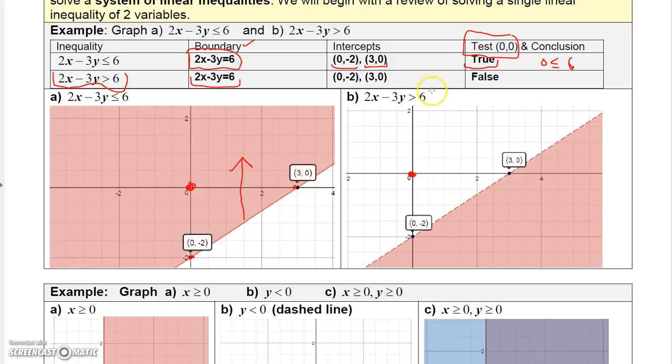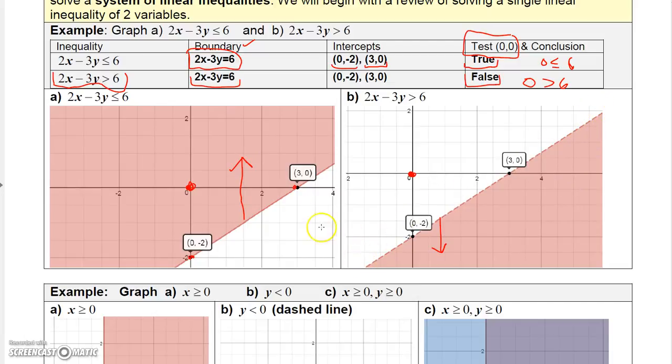But when I plug 0, 0 into this one, it'll actually give me 0 is greater than 6, which of course is false. So since I got a false statement, that means you shade the opposite side of the line. So you shade below the line. Since 0, 0 was above it, we got a false statement, we shade below the line. So you can see I've got all the points below the line shaded,